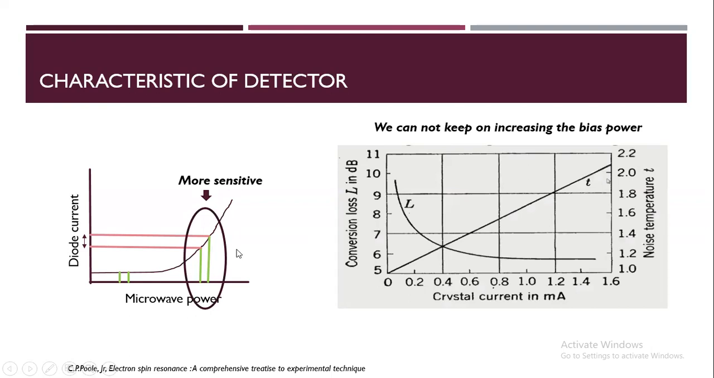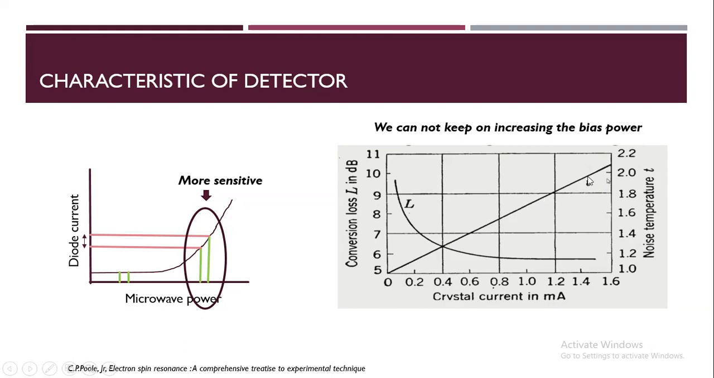But there is a problem. If we keep on increasing the power, the diode will create thermal noise, and that thermal noise may be very small in a lower range of the power. This graph is telling about the conversion loss. If the conversion loss is less, the sensitivity is high. So if we keep on increasing the power, the loss will be decreasing, but simultaneously the thermal noise